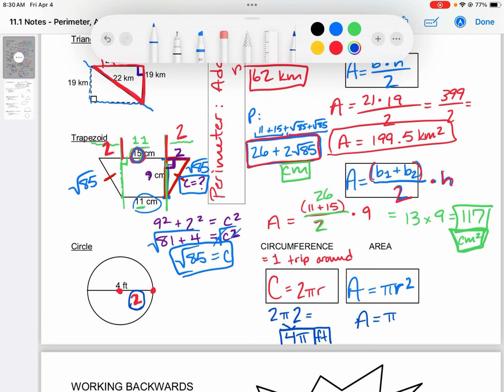Area is similar. It's going to be pi times the radius, which is 2, squared. And 2 times 2, 2 times itself, happens to be 4. So the area of this circle is also 4 pi, but it's feet squared. 4 pi feet squared. All right, so that's part 1 of these notes. I will upload a video working on the second page